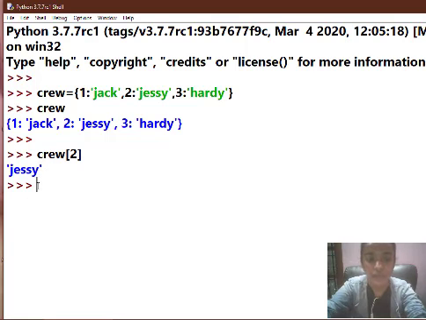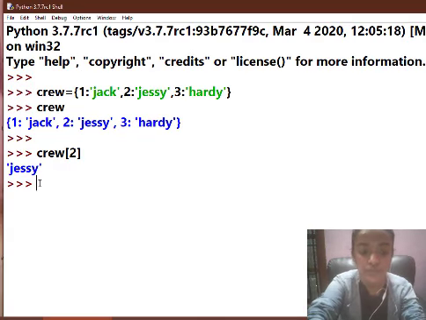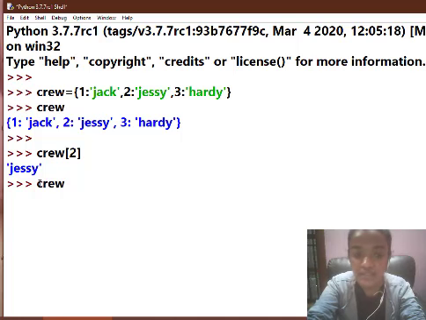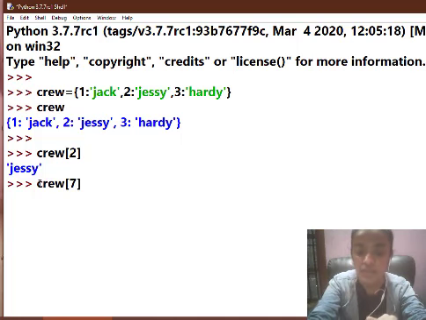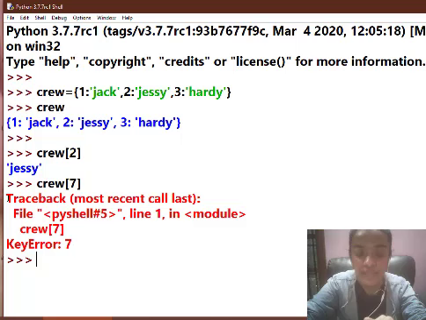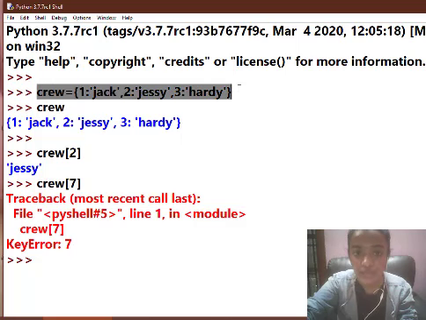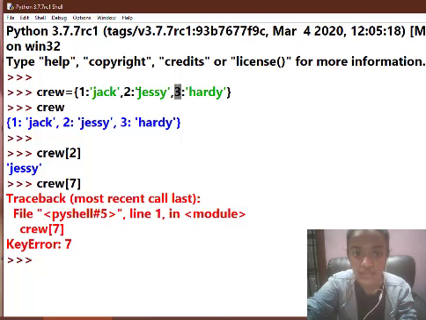And now let's say crew, and this time inside these square brackets I'm going to type in a key which is 7, and now when I press enter, Python shows me an error, because when you see our dictionary up here, we have keys only till 3, like we have 1, 2 and 3.